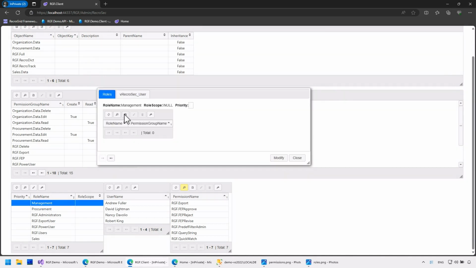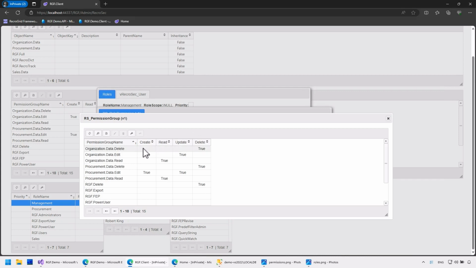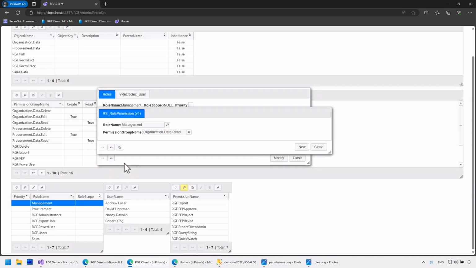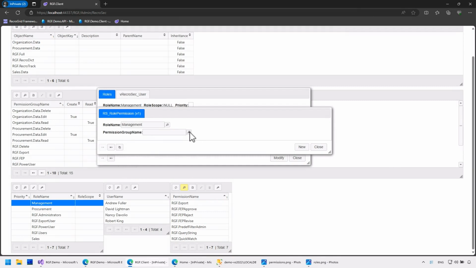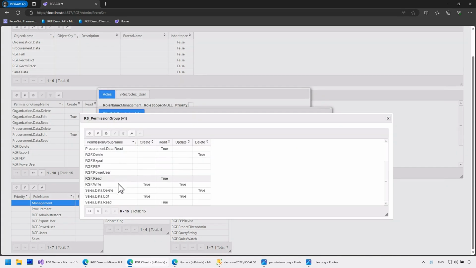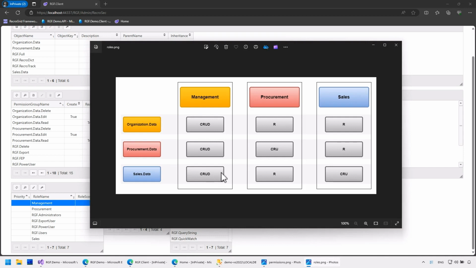Now, according to the previous diagram, I'll assign permissions to the roles. Management will have full access to all data types. For procurement, organization data, read.